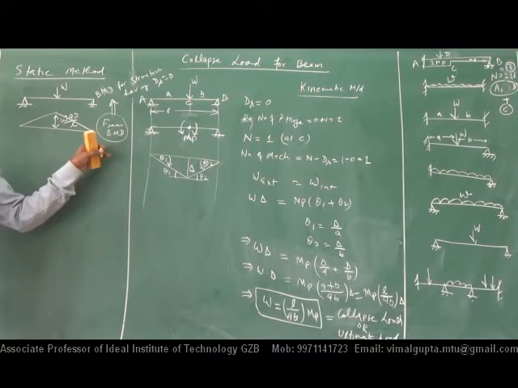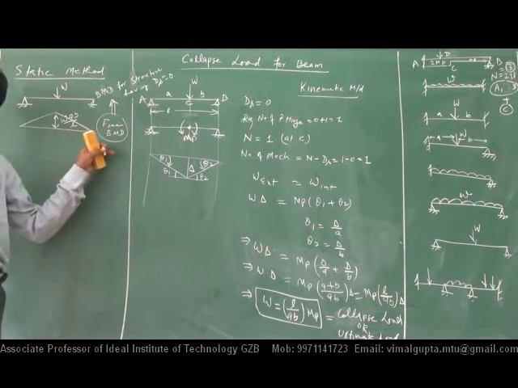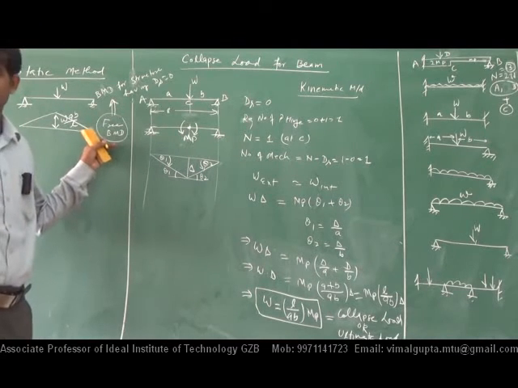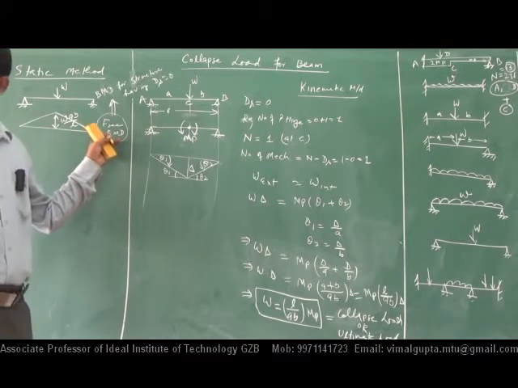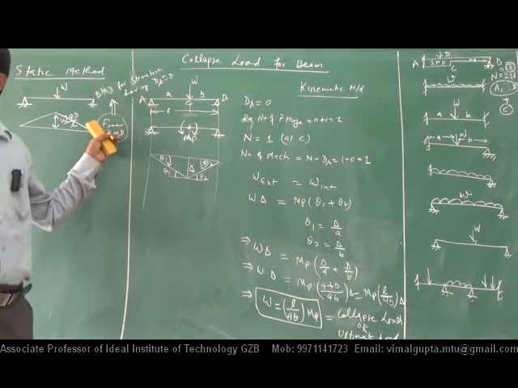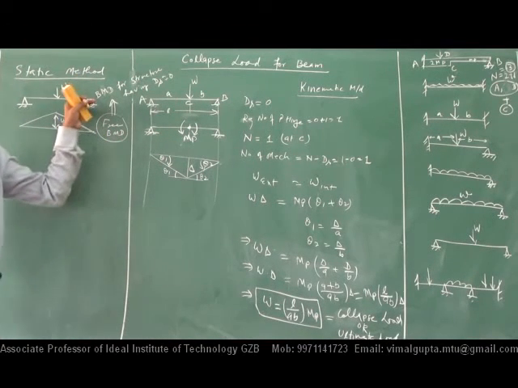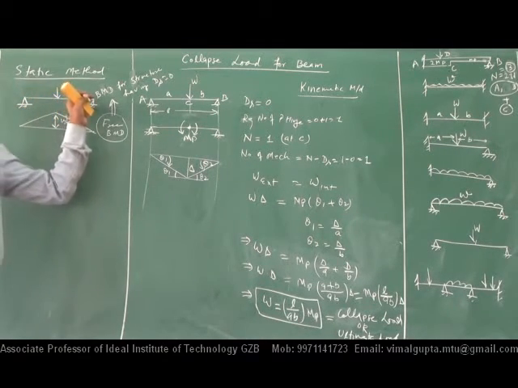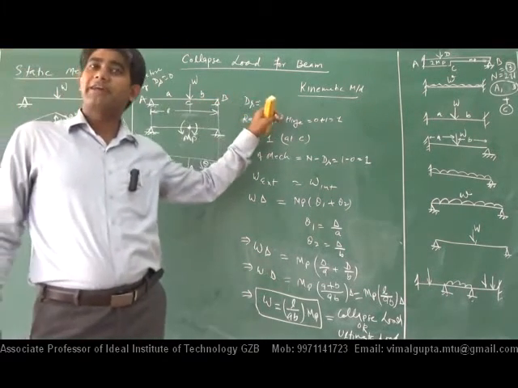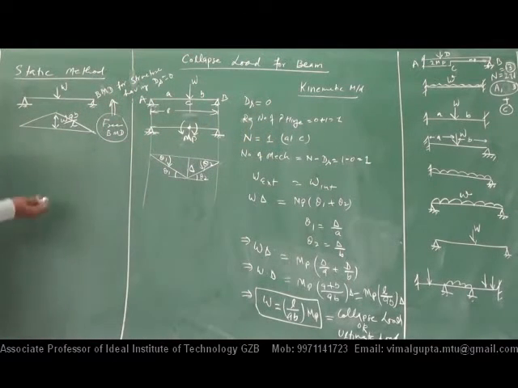यही तो हुआ. That's the meaning of free BMD now. If an indeterminate type of beam is there and you want to find the free BMD, then what should I do? Remove the redundant and plot the BMD. Here in this question, no need of removing anything because the degree of static indeterminacy is 0. Previously it is 0.